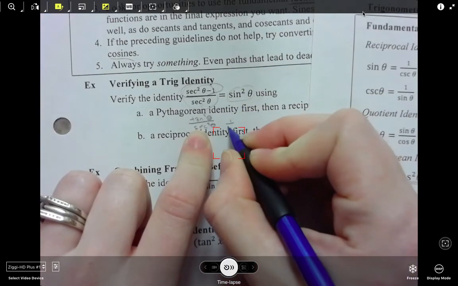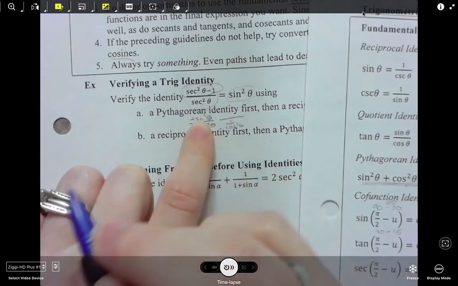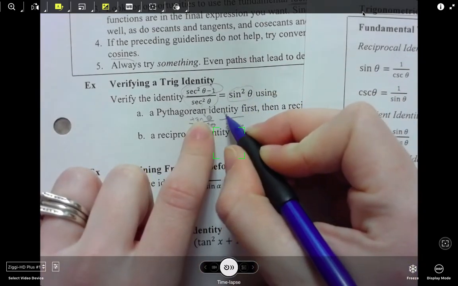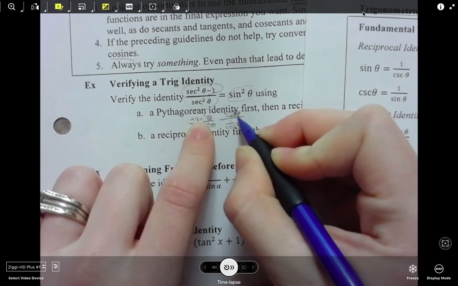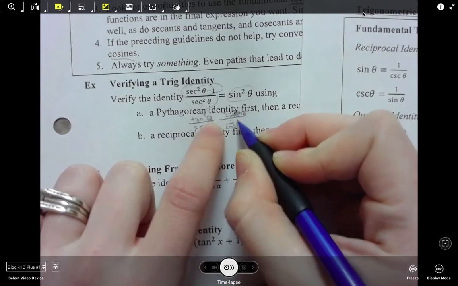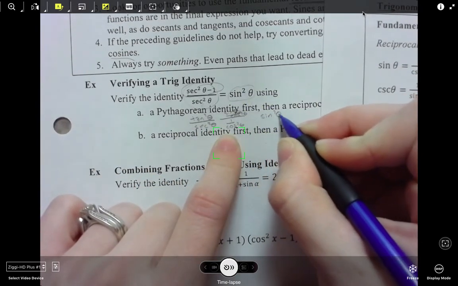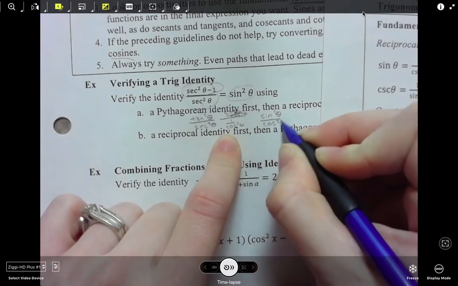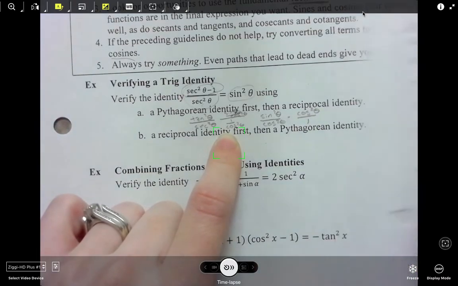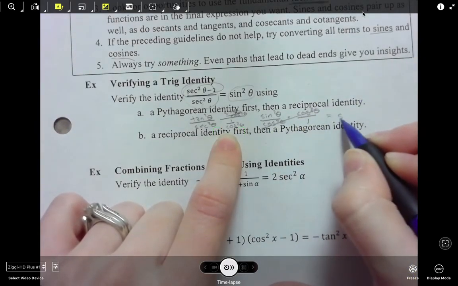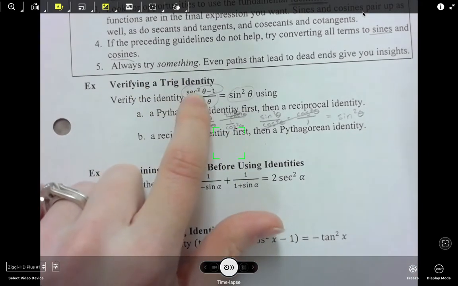So I've got 1 over cosine squared theta, and tangent would be sine squared theta over cosine squared theta. Since I have a fraction over a fraction, I can keep-flip that. So I have sine squared theta over cosine squared theta times cosine squared theta over 1. And those two will cancel out, so I just get my sine squared theta. Okay, so that's using a Pythagorean identity first and then a